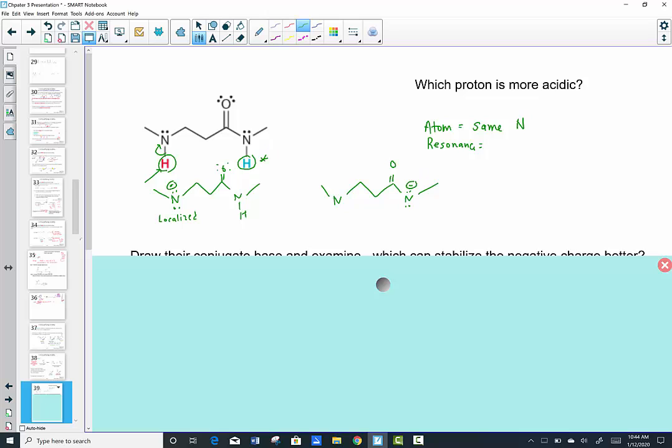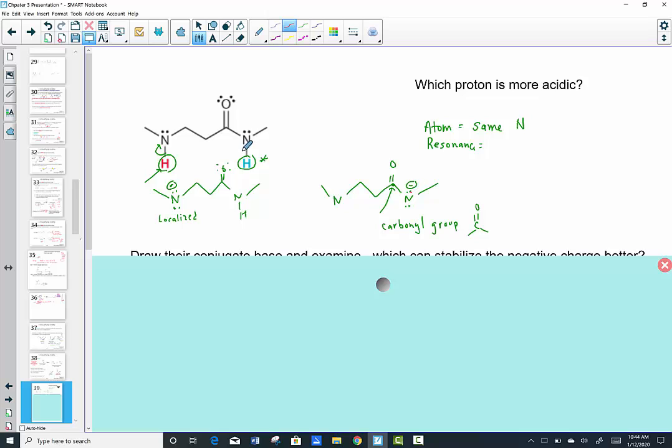The adjacent carbon is involved in this carbonyl group, and that possesses a pi bond. Remember that vocabulary. Carbonyl is a C double bond O. That means we could have a resonance structure form where the set of electrons on the nitrogen that came from the original covalent bond here, that set of electrons can be